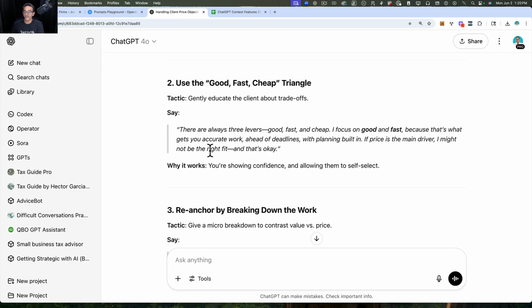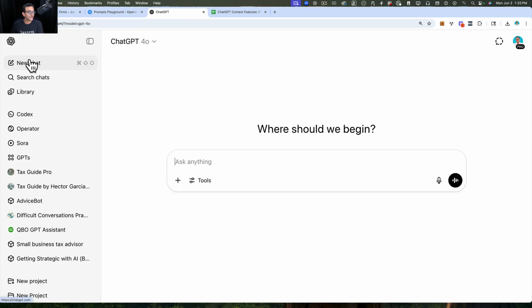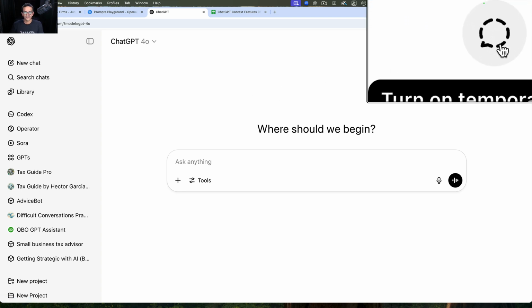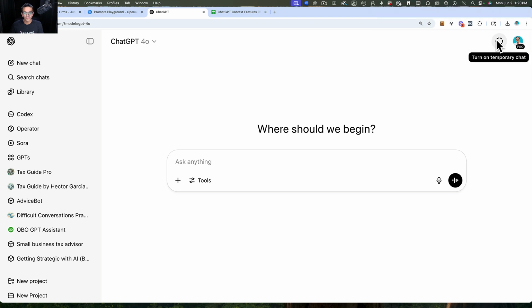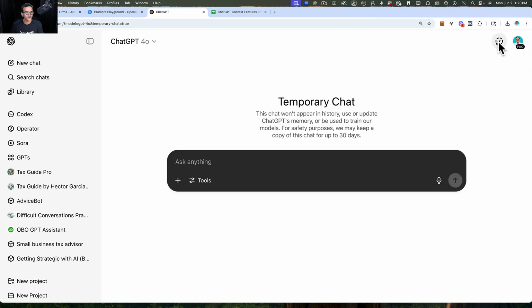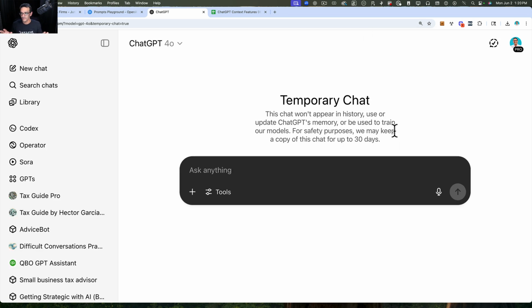And then the other thing that you can do to kind of kill the context is you can request a temporary chat. On the top right, next to your profile, there's a little button that says turn on temporary chat. And when you click that, you're going to see the text box black out a little bit. This is like an incognito window. It's the equivalent of an incognito window.